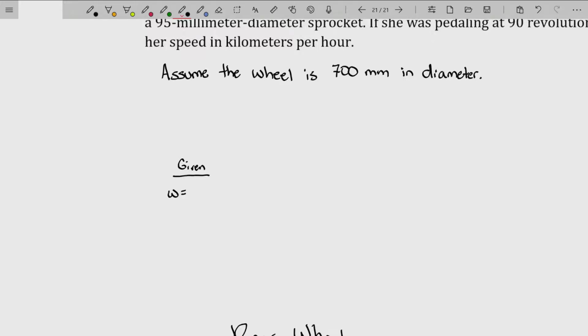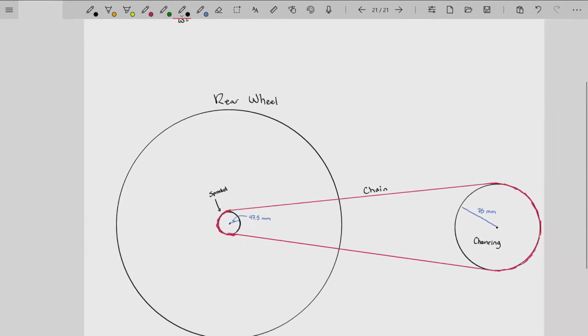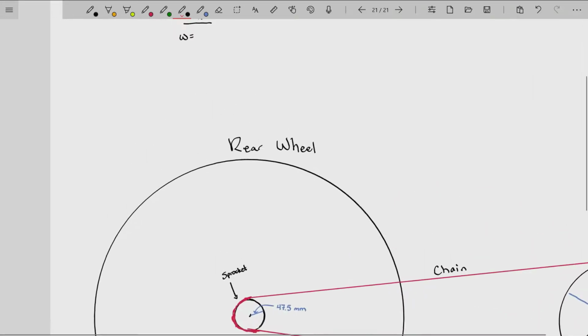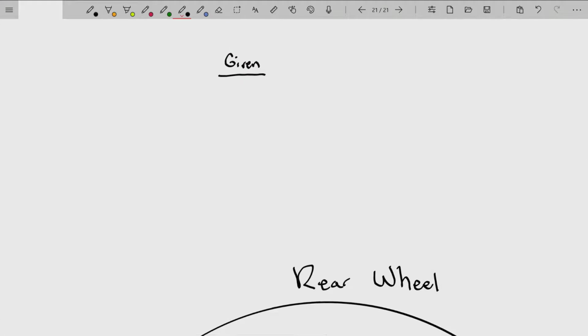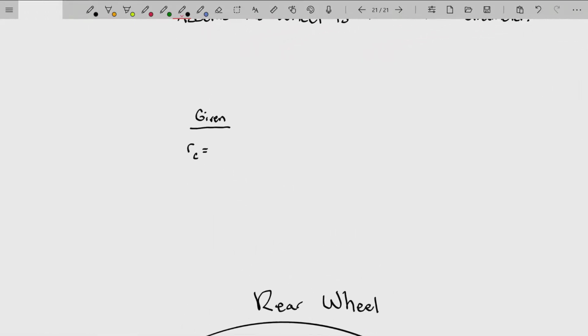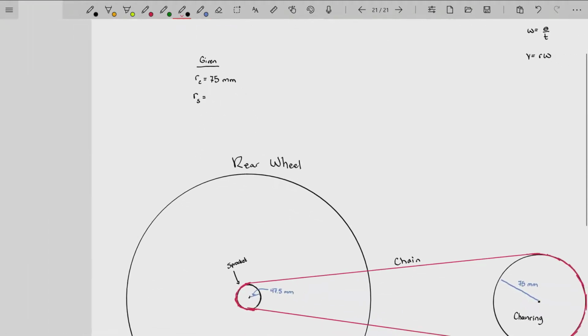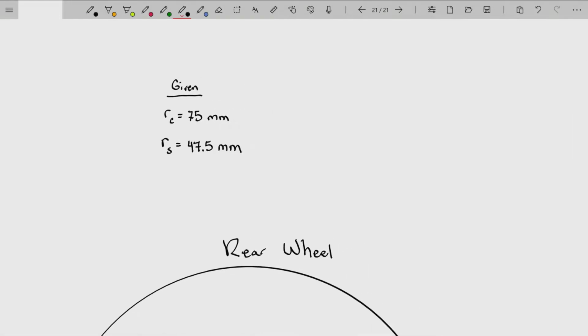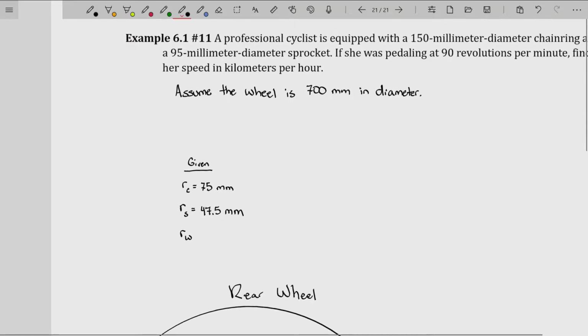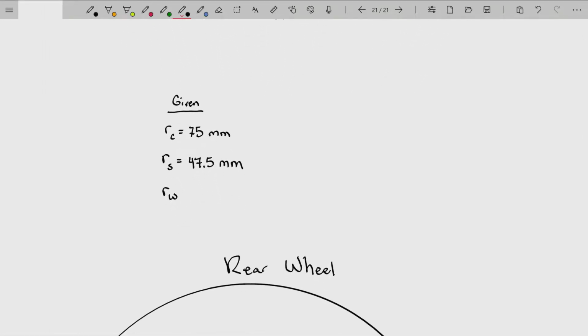Now, before I start writing that in, I want to mention there are 1, 2, 3 circles here. So we're going to have to actually label 3 different pieces of information. And in fact, I'll start by just saying we're given the radius of the chain ring was, let's see, 75 millimeters. The radius of the sprocket was given to us to be 47.5 millimeters. And finally, the radius of the wheel I wrote in at the end has a diameter of 700 millimeters. So the radius is 350